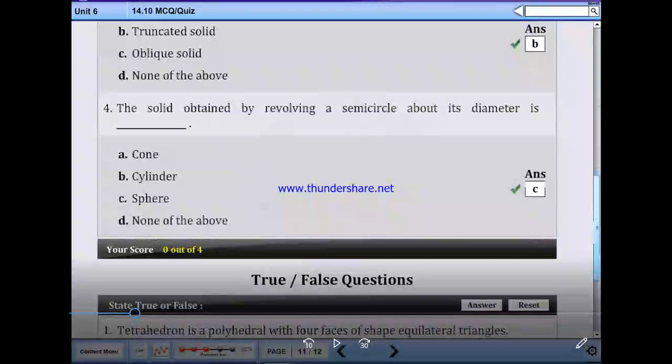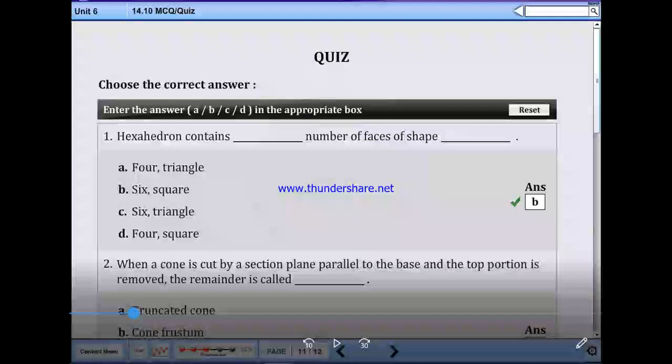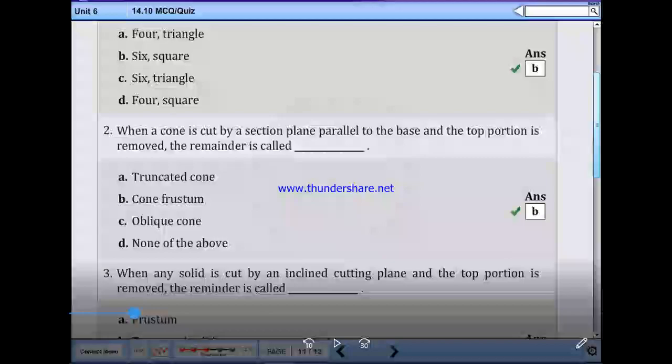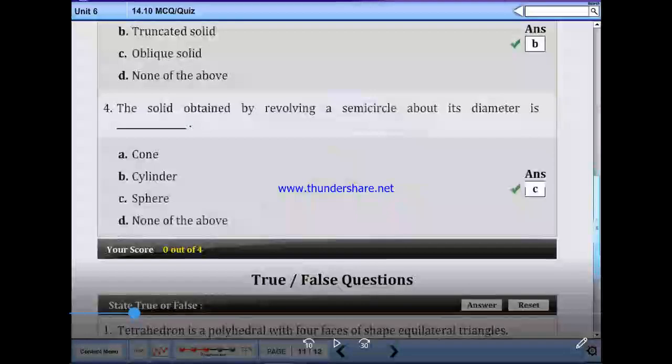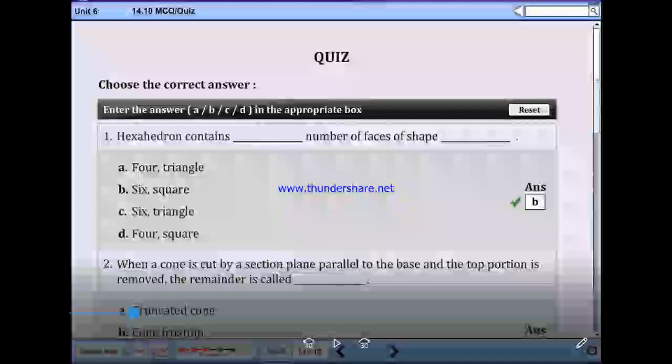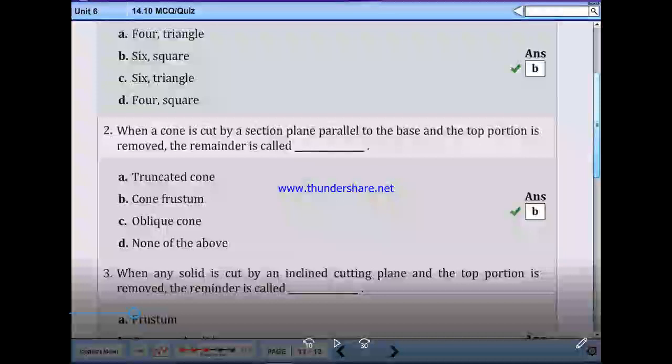Truncated cone, that is B. Truncated solid. B. Truncated frustum. Cone frustum, not truncated frustum.